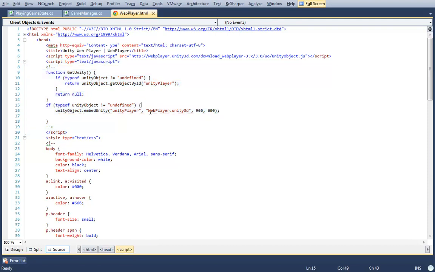And you'll notice something funny right here. We have the webplayer.unity3d. So this is an actual file reference to your file that's going to be downloaded to play your game, as well as a resolution right there that you can change to whatever you want. Those are particularly of note. For those of you like me who are comfortable with coding but don't particularly know anything about writing web